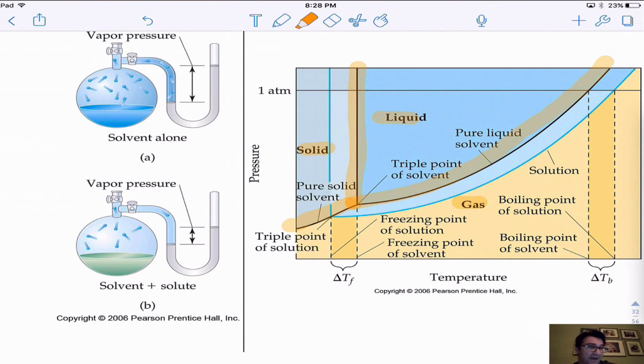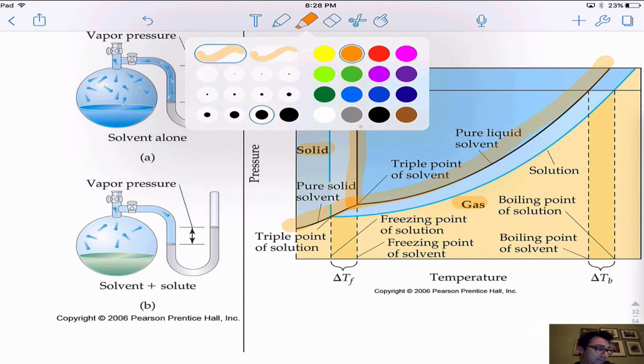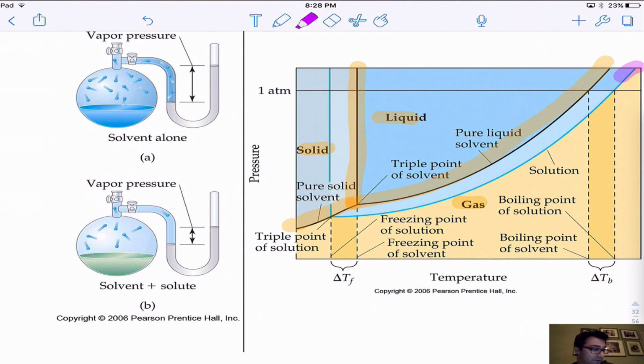What the graph also is adding this time is what would happen if we had a solution. And what you'll notice is that if I highlight that in purple, the solution has lower vapor pressure, because this is the vapor pressure curve. It also has a higher boiling point. It has a lower freezing point,